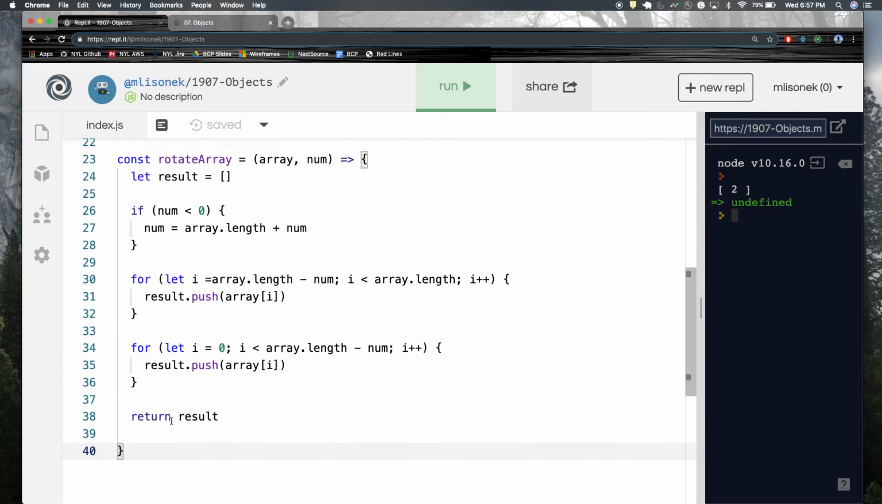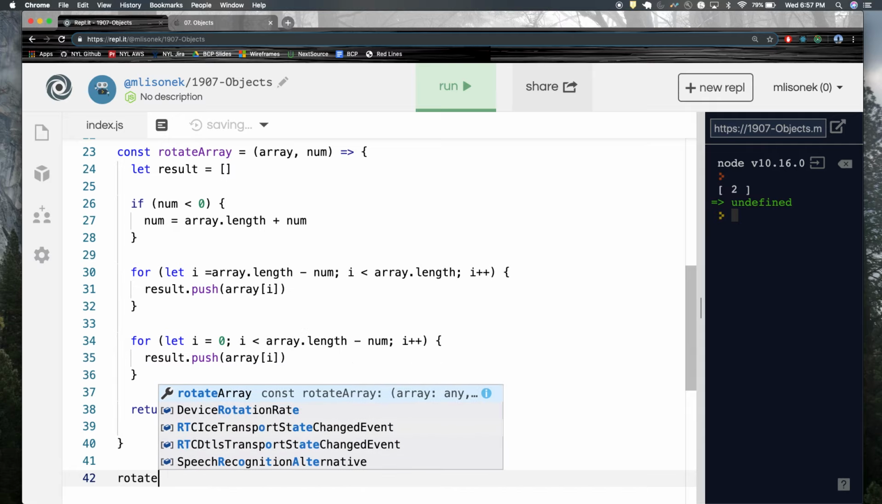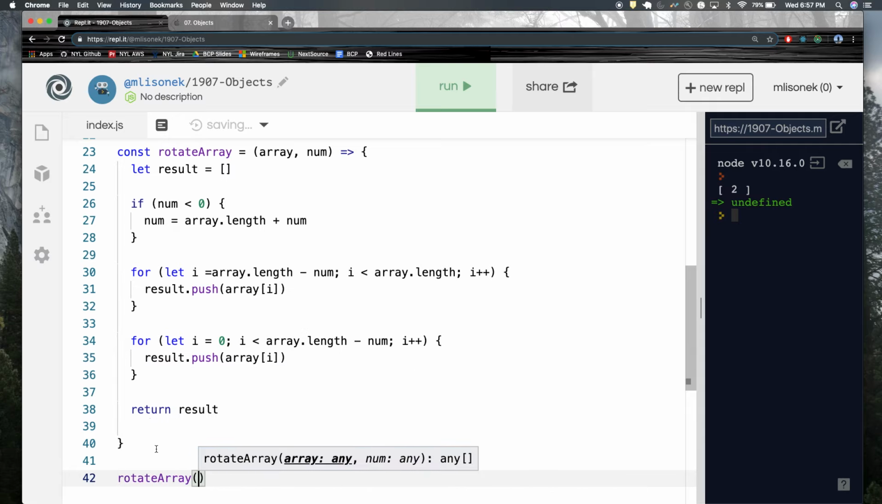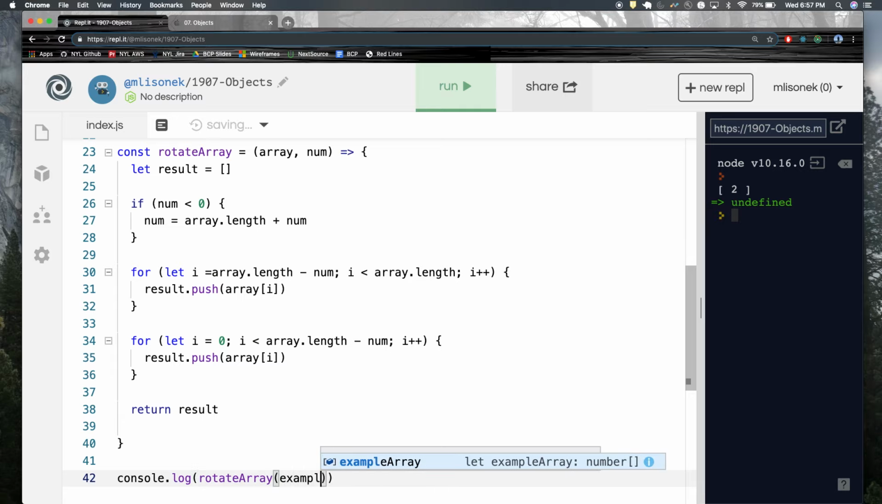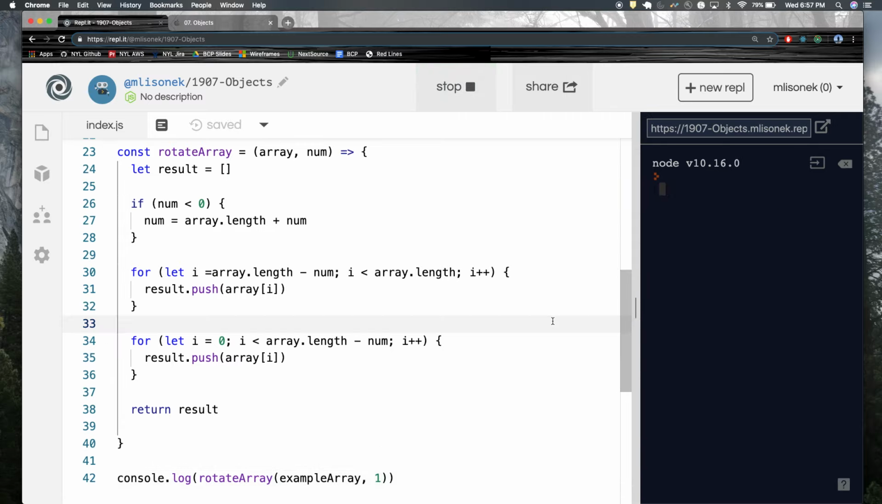So if I say rotate array of example array, and then 1, we'll get 5, 1, 2, 3, 4. If I go 2, we'll get 4, 5, 1, 2, 3. If I go -1,